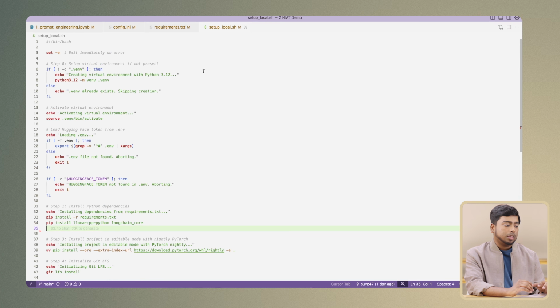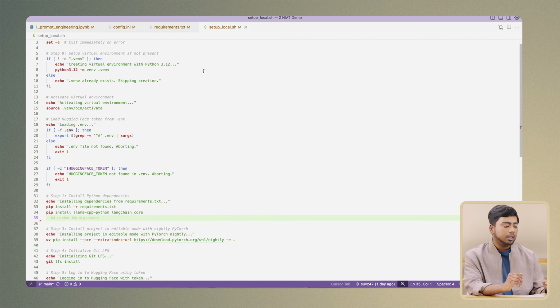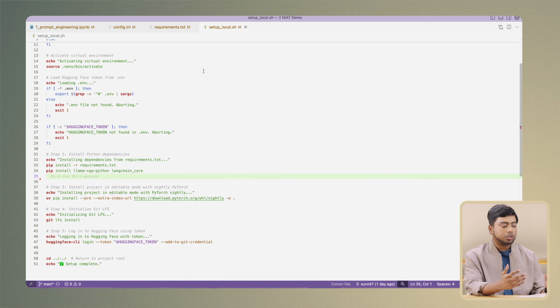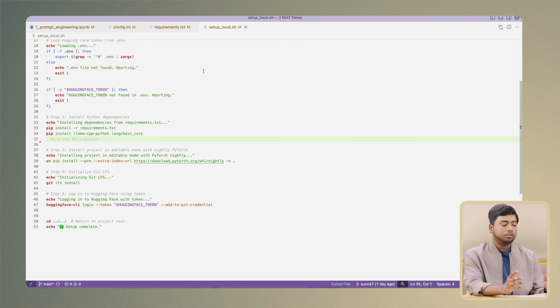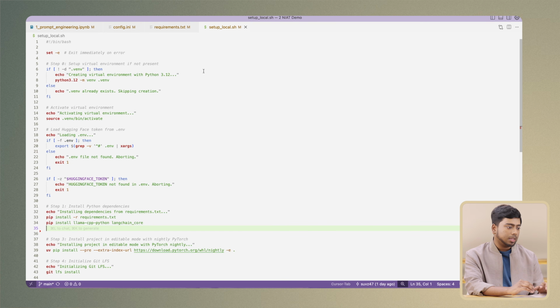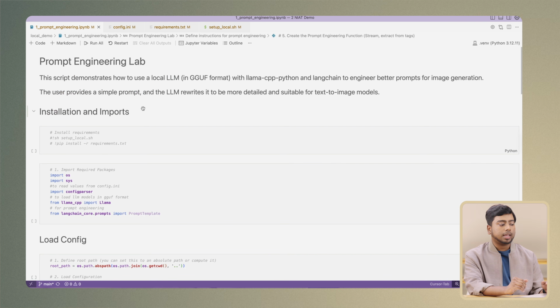Starting off, this will install Python 3.12, which is important for this particular hands-on. Other versions of Python may not work properly with these specific libraries. After that, you need to log into Hugging Face and set your Hugging Face token using this setup file. And it will install all of the requirements file. It will install some extra required libraries that are not there in requirements. It will log into Hugging Face and get everything ready. Now that you're done with the setup, let's go back to the code